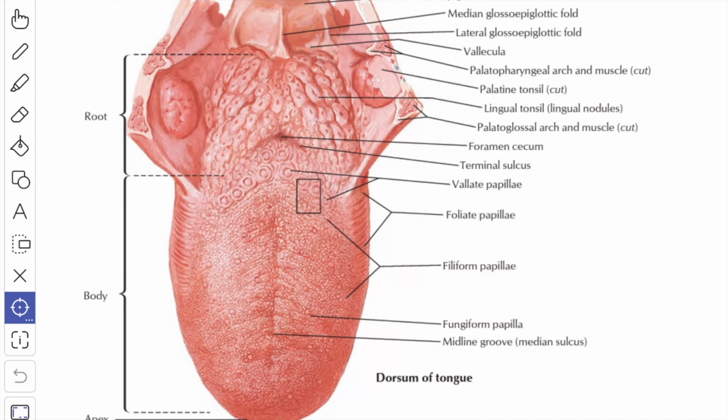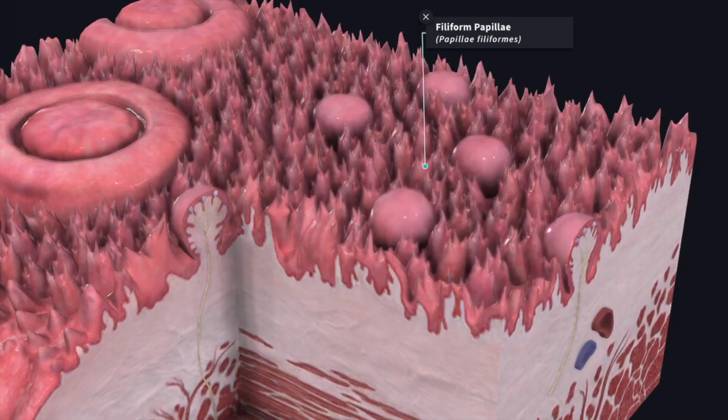The filiform papillae are devoid of taste buds. The epithelial cells of the tip of the papilla are keratinized. This makes the surface rough and helps grasping of the food. Some of the papillae give rise to branches from the tips and the sides. Along with the filiform papillae, the papillae simplices are found as microscopic elevations. So here in the model you can see these are the numerous elevations which are known as the filiform papillae.